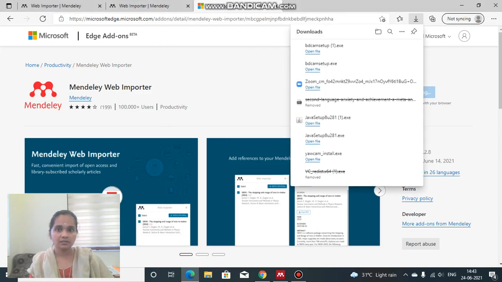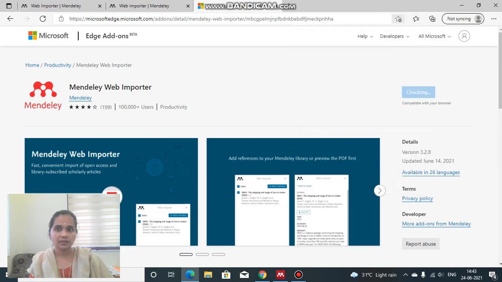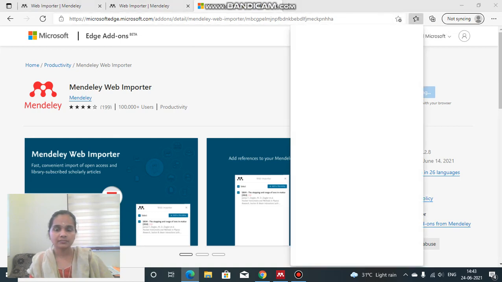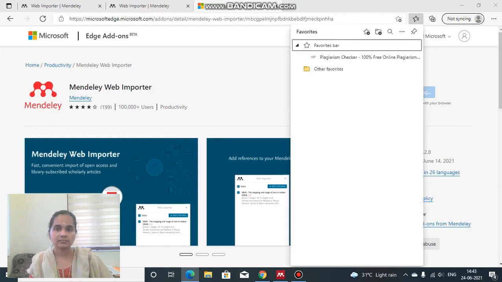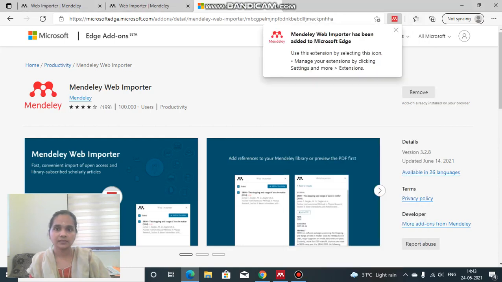Mendeley Web Importer has been added to Microsoft Edge.